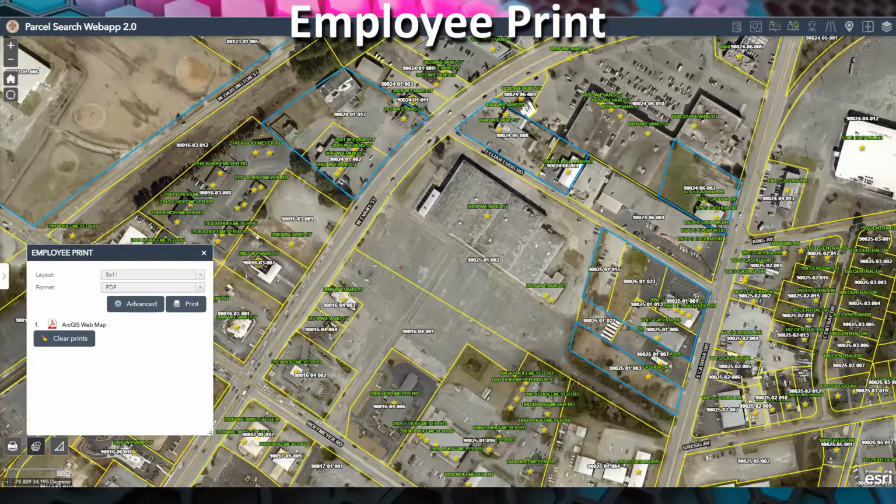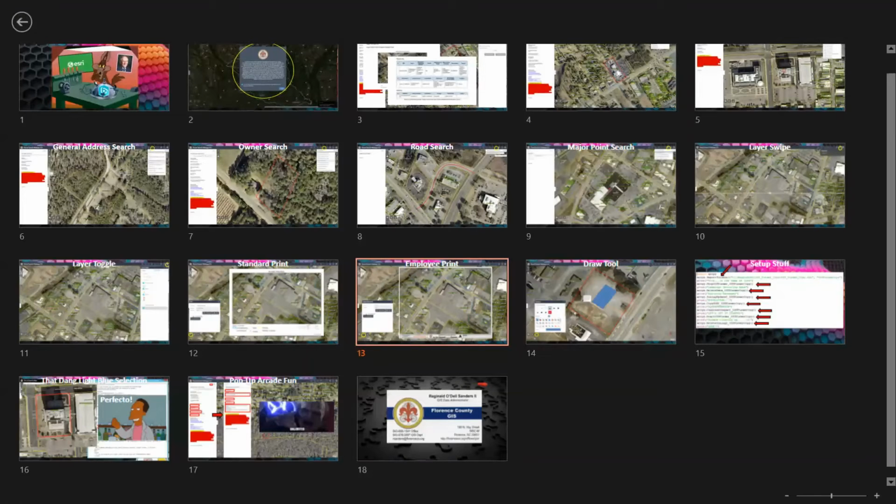Our employee print, there we go. Our employee print is a special one that we did. It actually has a login that they use. It's just a basic login, like Flowco print, printer one. The only reason we separated it is that a lot of times when the public comes in for a map, we usually do 11 by 17, which at home a lot of people don't have that option. So even though with the standard print you can do a bunch of them,